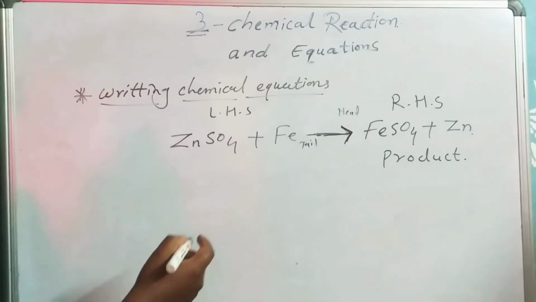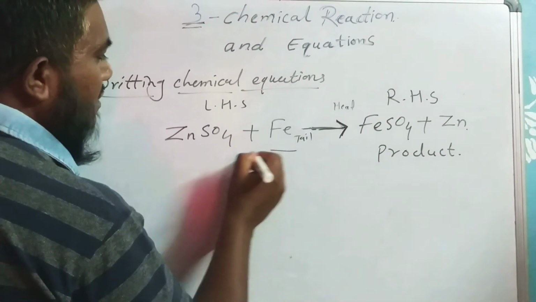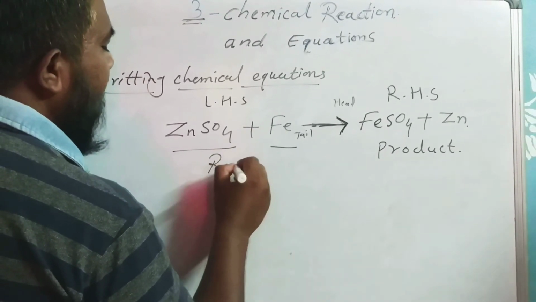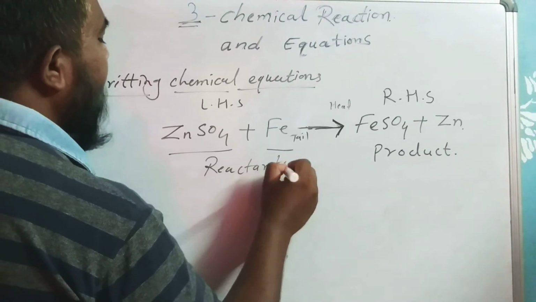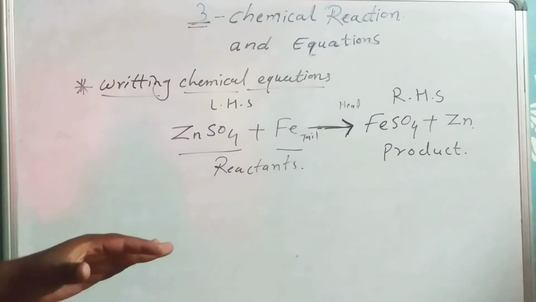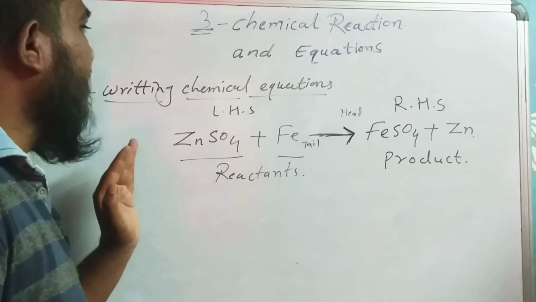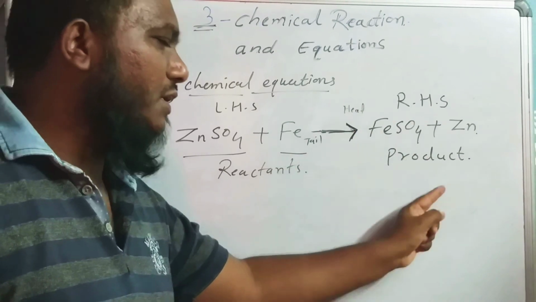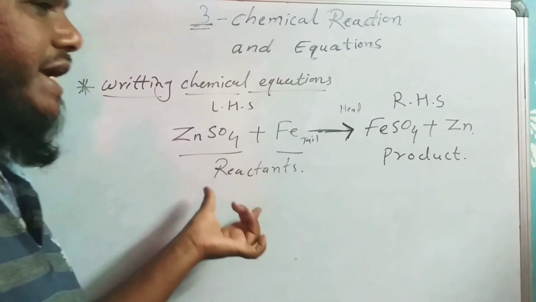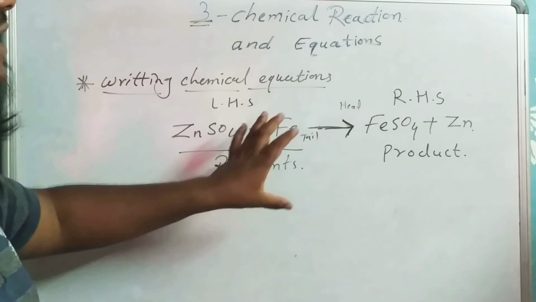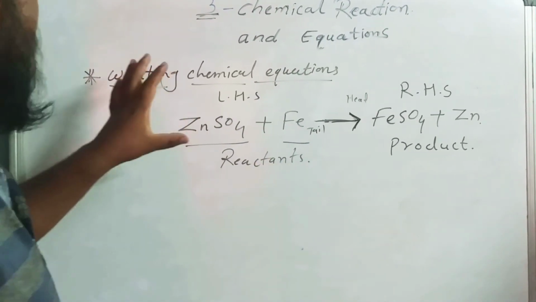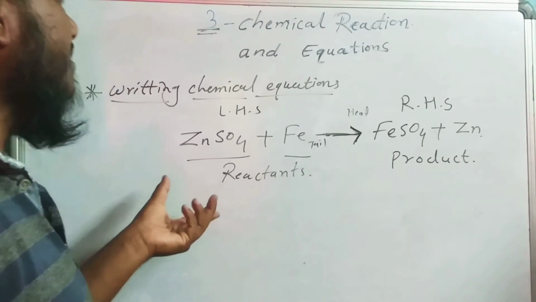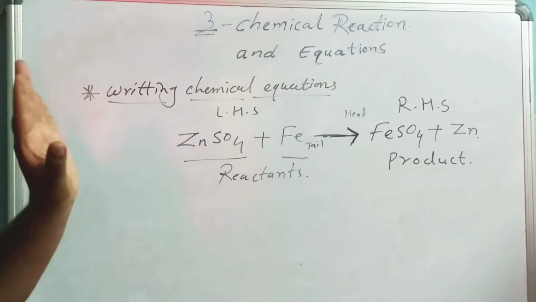For understanding I have written it here. The things toward the tail are called reactants. Always keep in mind while writing the chemical equation, the arrow is in the middle, the head of the arrow is toward the product and the tail of the arrow is towards the reactants. Like this we can understand how to write the chemical equation. After this point we will discuss how to balance the chemical equation.